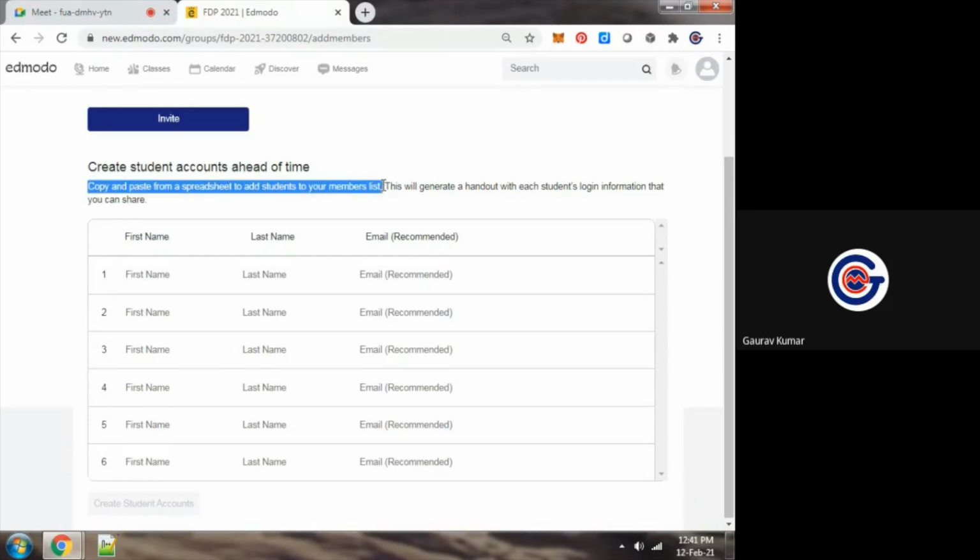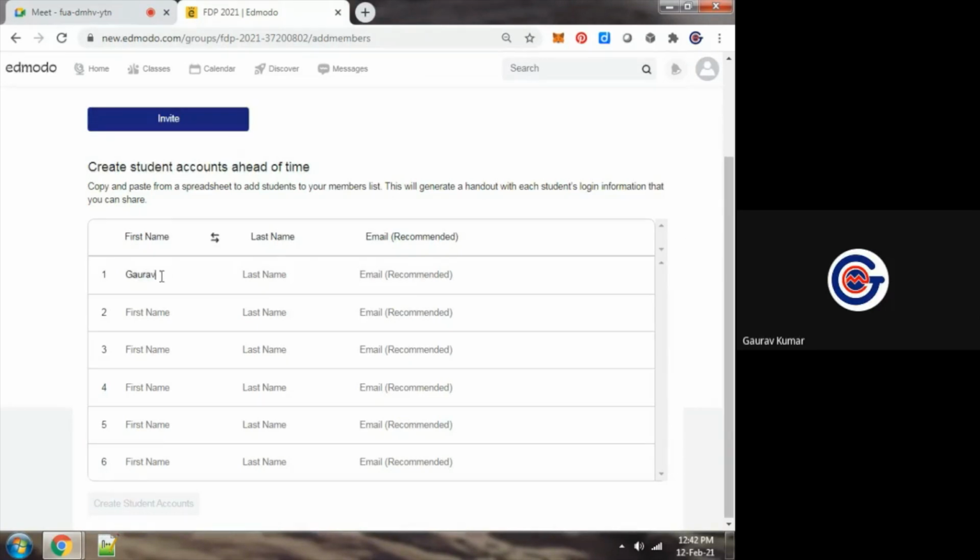You can see this, we can copy and paste from an Excel sheet. Whatever email ID we put here, first name, last name, and email ID, there is no need to set mail notification separately. It is available by default. Students will automatically get a mail notification.